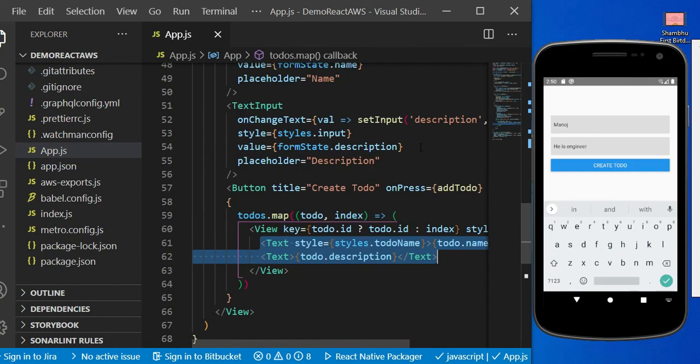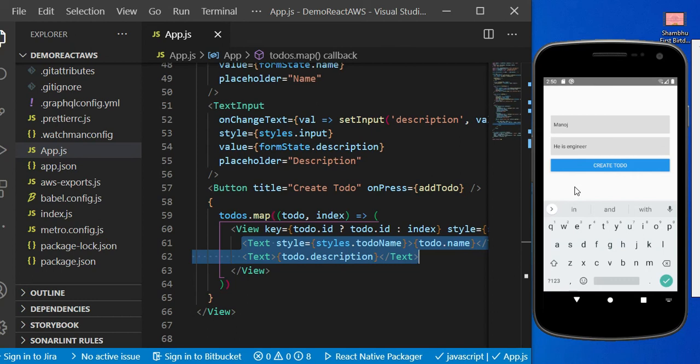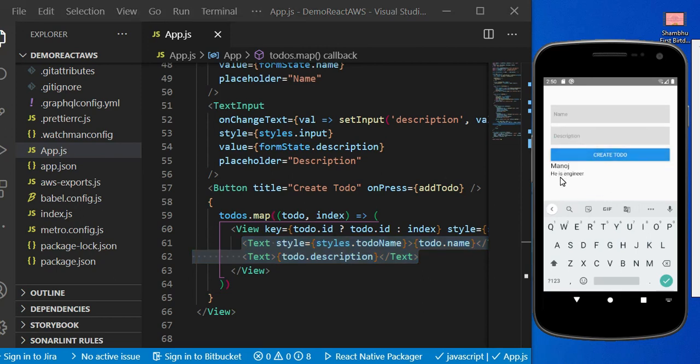And then finally in this todos, if you observe these two text fields, actually here there are two text fields which are initially empty, but when we click on this particular button, at that time this Manoj and he is an engineer will get displayed somewhere here. So let me give you a demo of this. See here, Manoj and his description we are getting here. Similarly, you can provide one more record.